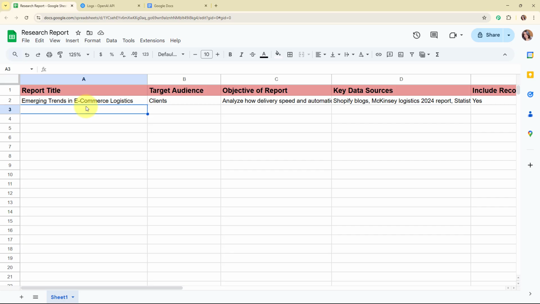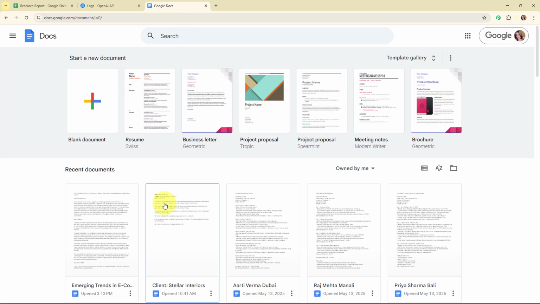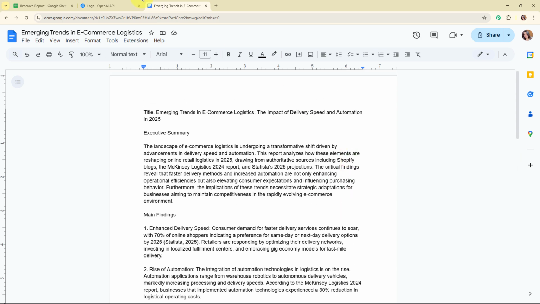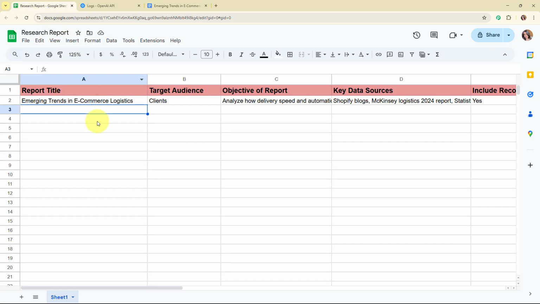Alright, so here on my screen you can see the Google Sheet that I've already created with the name Research Report. And here you can see the fields that I've taken in my Google Sheets. So now my objective is, as soon as I add a new detail here in my Google Sheets, then automatically using the details, OpenAI should generate the proper research report. And after generating the research report, automatically that should be saved in my Google Docs as a new document like this. Alright, so now I've already built an automation where I've connected my Google Sheets with my OpenAI account and my Google Docs using an automation software.